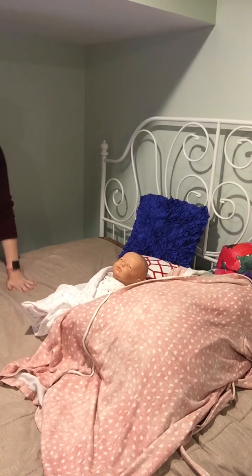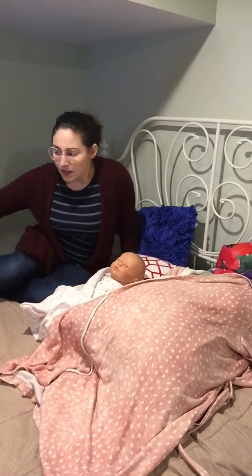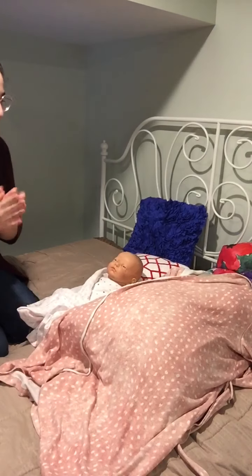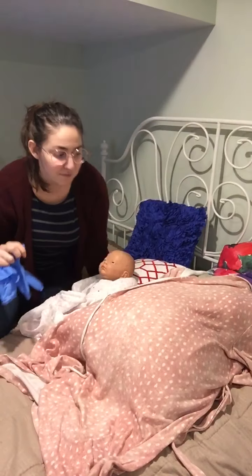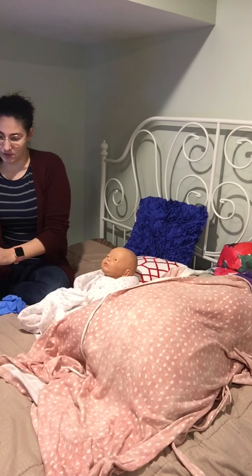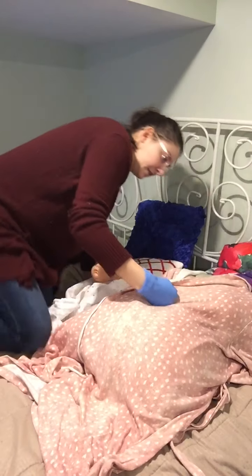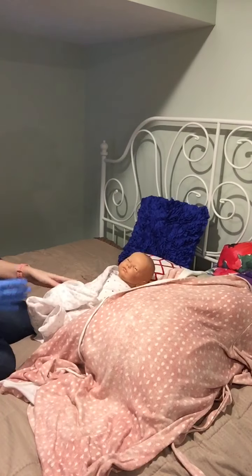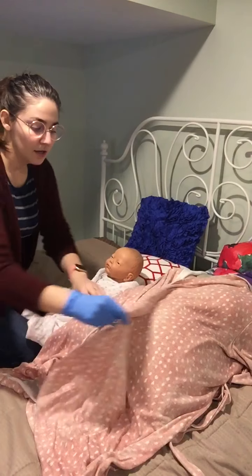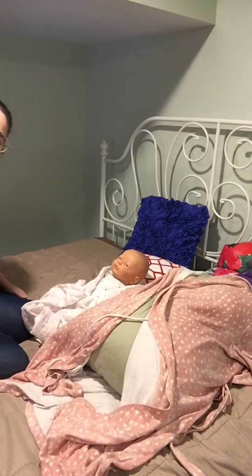While I stepped out, I have washed my hands so that they are clean, and I would put on sterile gloves. I would not crawl over the client like this, but put on sterile gloves and have a sterile lube with me so that I can do the vaginal exam. She's got her robe on. We've got baby right next to us, and I would just open it up, check, have some good lighting